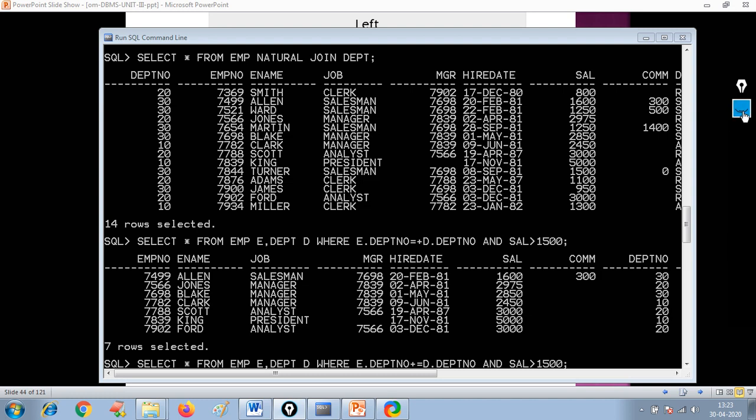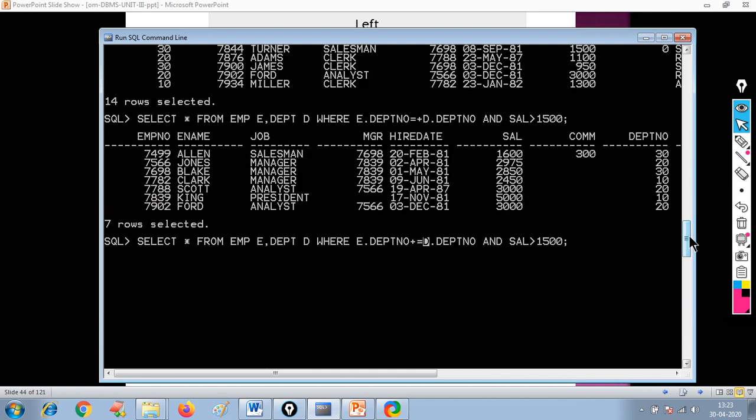In some databases, the keywords left outer join and right outer join can also be used. I'm using Oracle, which doesn't support that. In some other DBMS environments, the keywords left outer join and right outer join are supported.